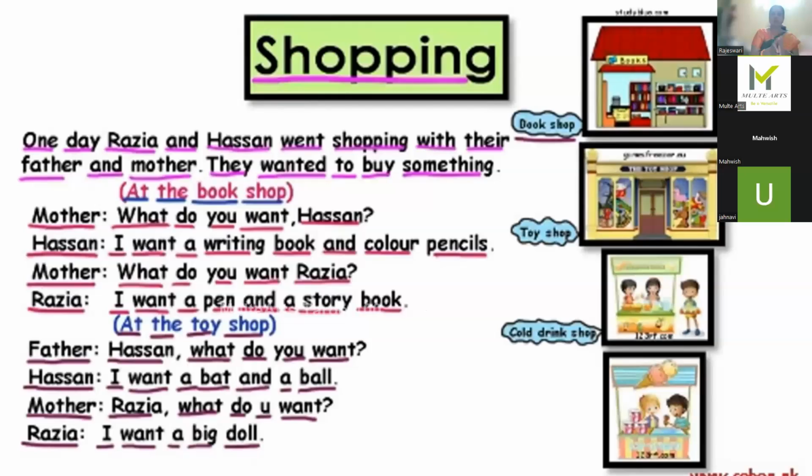So whenever you go to a shop, suppose you have gone to a vegetable shop, the grocer, you call the person who's selling vegetables the grocer. So the grocer asks, ma'am, what can I do for you? Or sir, what can I do for you? So what do you say? Can I know the price of this lady's finger or brinjal or whatever it is? So he answers back with the price.